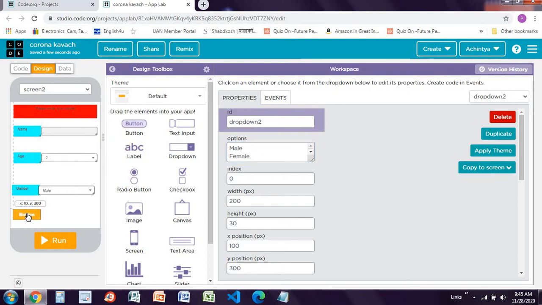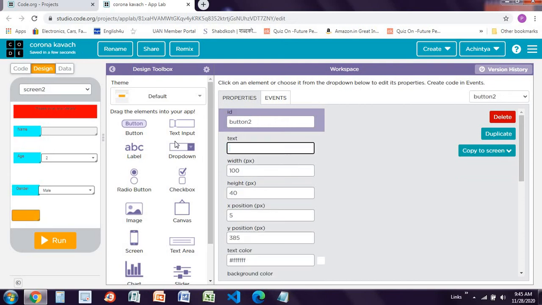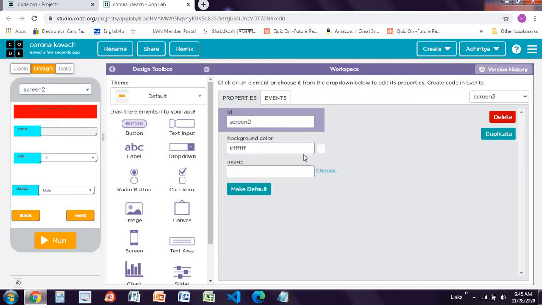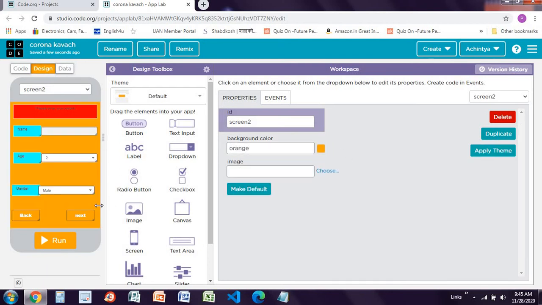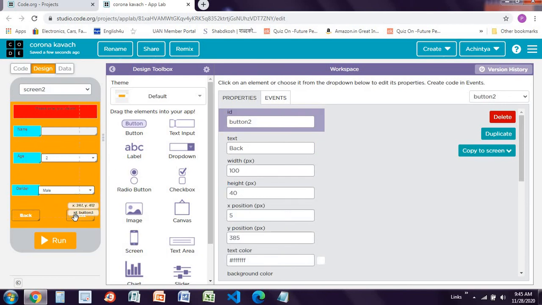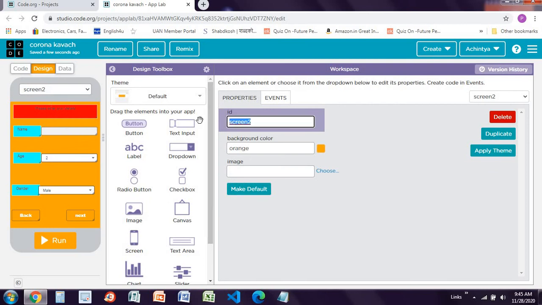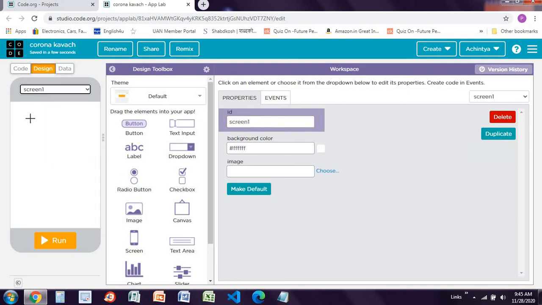Now here we have to make some back button and next button, and make this background color orange like this. Now we have to name this screen, this screen should be register screen, register screen like this.